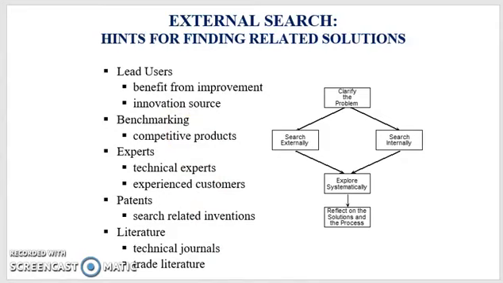Experts may include professionals at firms manufacturing related products, professional consultants, university faculties, and technical representatives of suppliers. Patents are a rich and readily available source of technical information containing detailed drawings and explanations of how many products work. The main disadvantage of patent searches is that concepts found in recent patents are protected, generally for 20 years from the date of the patent application. So there may be a royalty involved in using them.